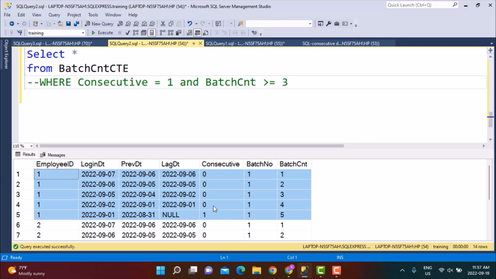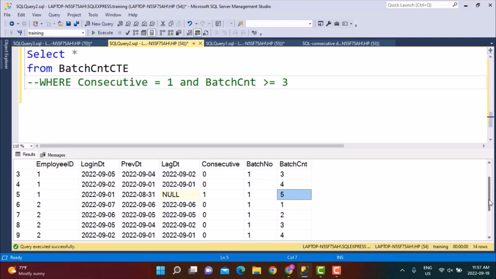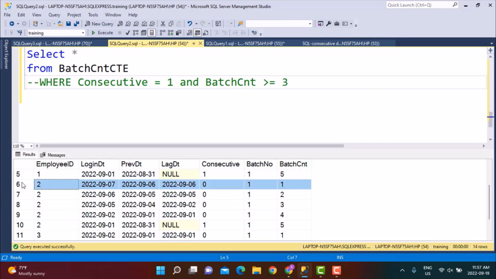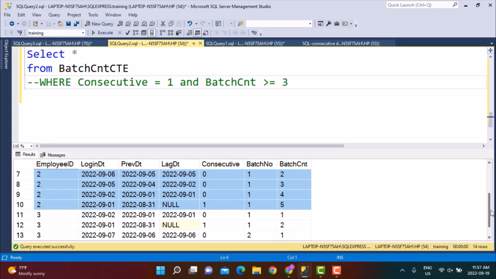After that, 2nd September means consecutive flag, it's still consecutive days. 5th September, still consecutive days, and 6 and 7, so on. So all this is just one batch now, and you can see that the batch count is 5. So there were 5 consecutive days that the employee attended if we do not consider weekends. So if we go down below, you will see that same is the case for employee 2 as well. So there are 5 consecutive days,